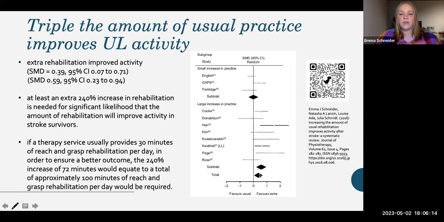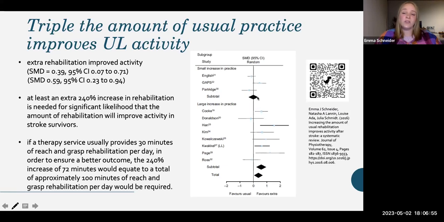But there was actually a lot of variability in this initial finding, and we had to go back and really look at the trials to determine what was causing that effect. And it ultimately came down to the total amount of practice that was delivered across the trials that we included. So when we divided those trials up to those that delivered a small increase in practice, so less than 100% extra, so that amount on top of, and those trials that delivered a large increase, so that 100% or more, which is that large increase in practice, those studies below, we were able to really see the big difference when it came down to that dose. So small increase in practice, the triangle is right on that line of null effect.